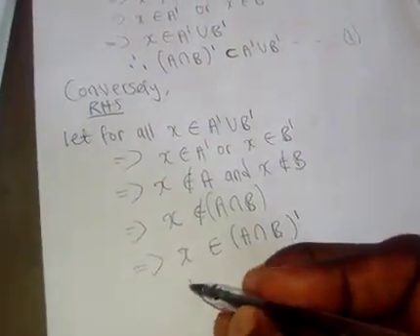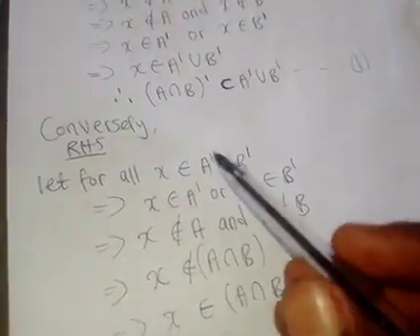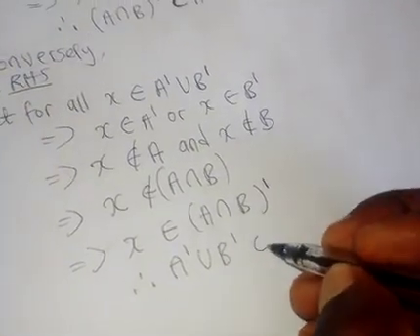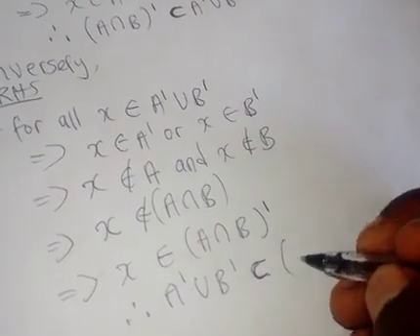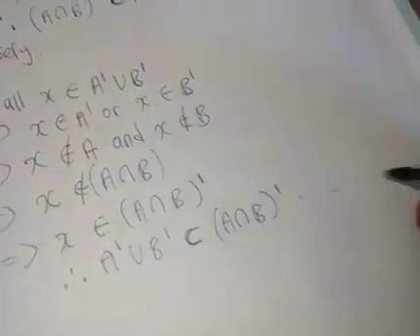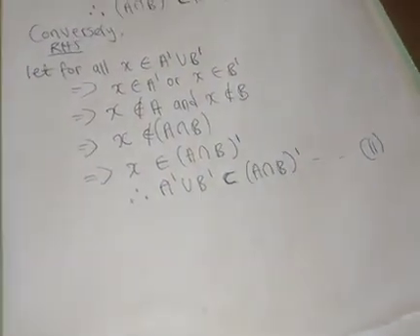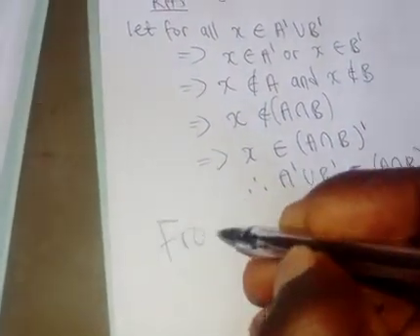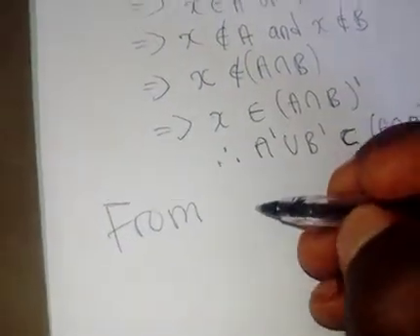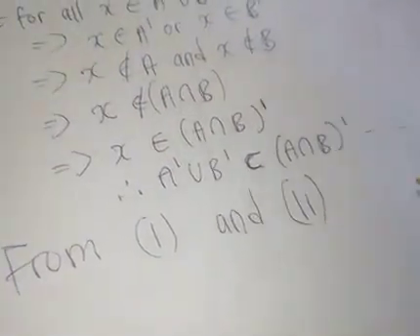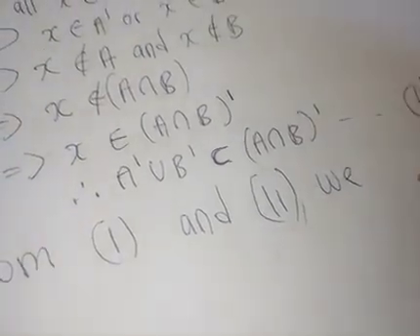Then from here we can say, therefore, what we started with, A complement union B complement, is a subset of (A intersect B) complement. And you say this is the second statement. At this point, you are almost done, just concluding. So you can say from 1 and 2, we conclude that